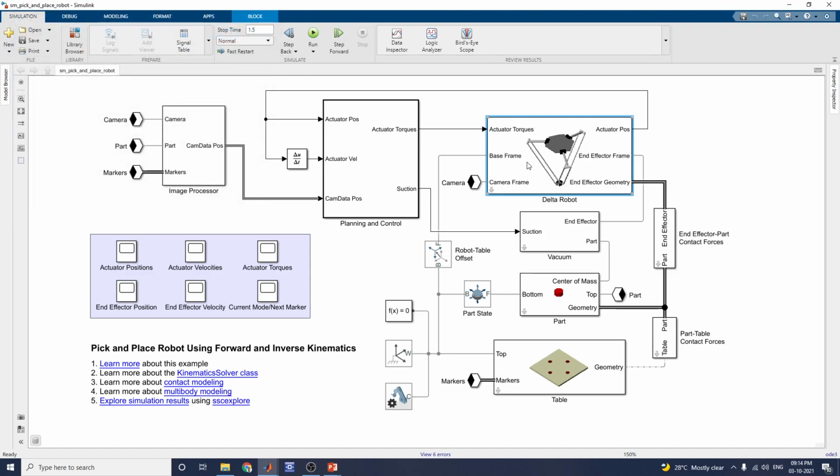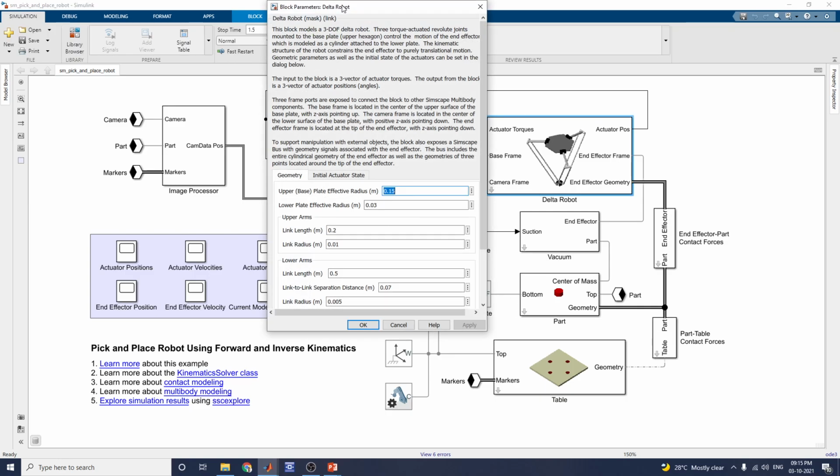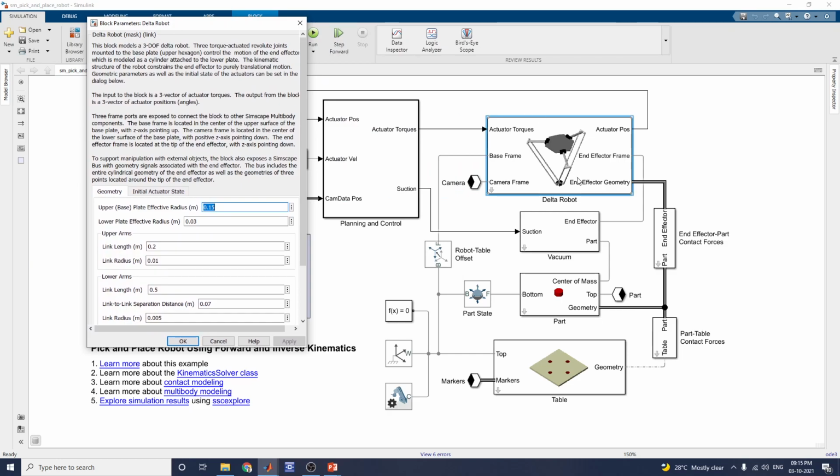The inputs are actuator torques, base frame, camera frame, actuator position, end effector frame, and end effector geometry, connected through the Delta robot. This Delta robot models 3 degrees of freedom, with 3 torque actuated revolute joints mounted to the base plate. An upper hexagon controls the motion of the end effector, which is modeled as a cylinder attached to the lower plate.